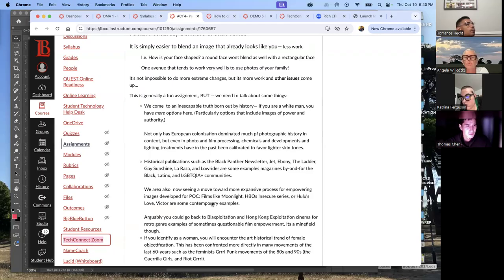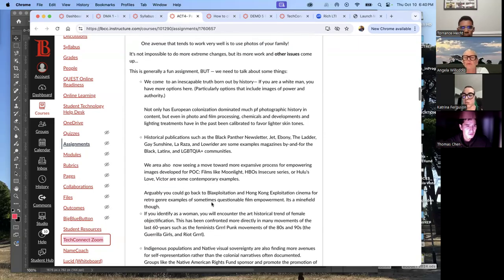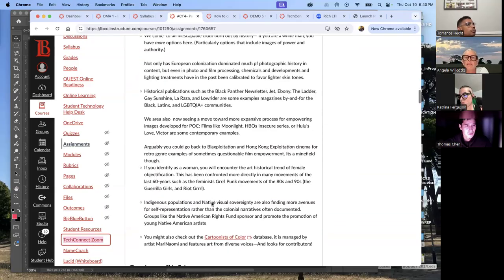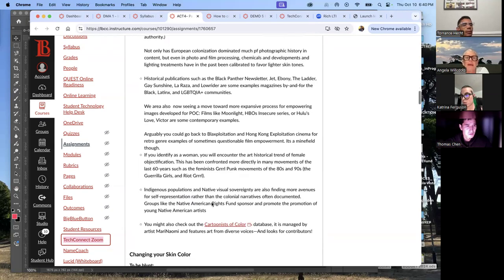The inexcusable truth born out of history: if you're a white man, you have more options than if you are someone of color, particularly options that include images of power. European colonization dominated much of photographic history and content, but that has changed, right? It's coming up more and more. Historical publications such as Black Panther, Newsjet, Ebony, Ladder, all those are around, right? Latinx,